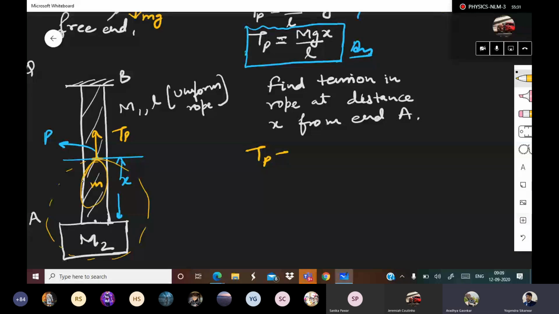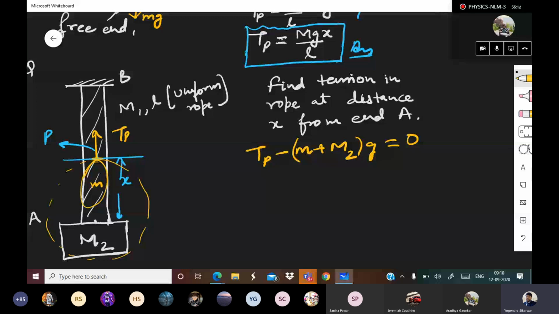So can you please explain again what we did earlier? I have not even started fully. Okay, Tp is acting upward minus (small m plus m2) into g will be acting downward, and that should be equal to 0. Why? Because it is not accelerating. F resultant is equal to ma, and that is equal to 0 because a is 0. So Tp, which is upward, minus (small m plus m2) into g.